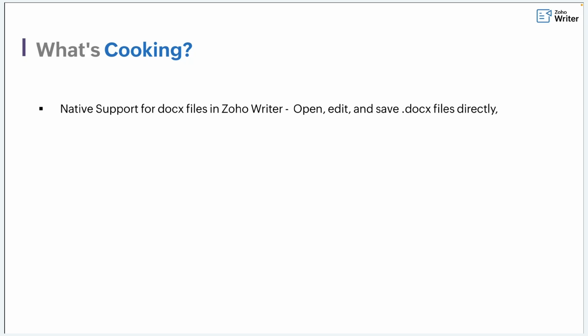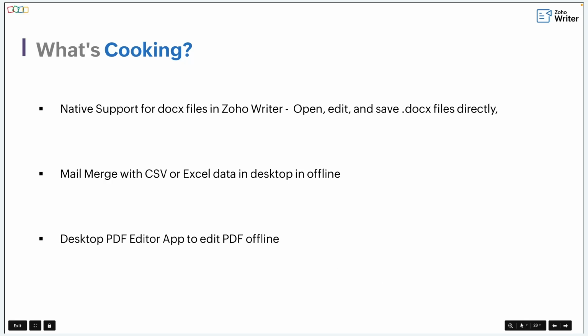Next, we have mail merge for CSV or Excel data, and we are going to extend it to the desktop application offline as well. So even when you're offline, you'll be able to perform mail merge using the desktop application. Furthermore, we are going to provide a PDF editor.